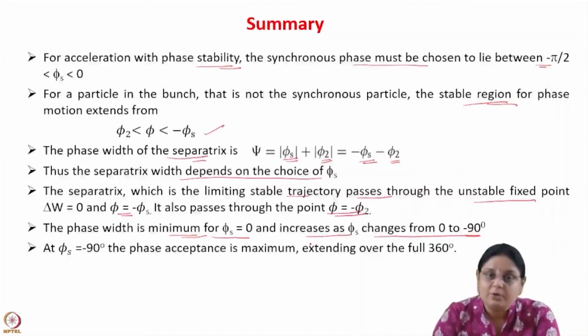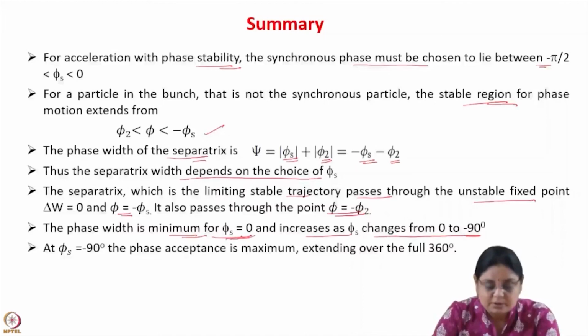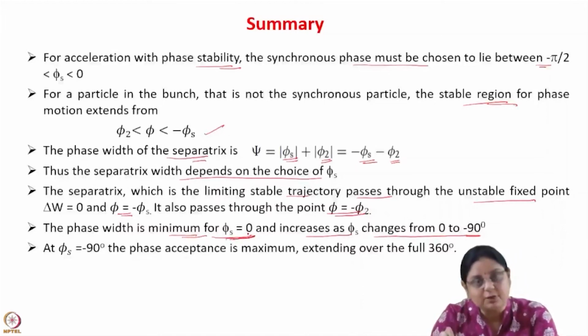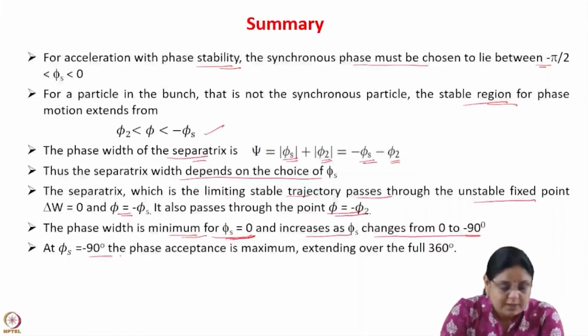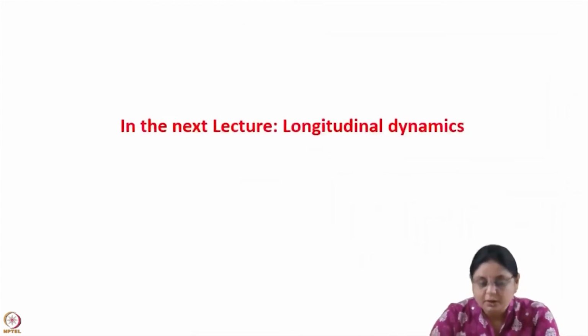Now normally for electrons, since we know that the velocity becomes constant, almost equal to the velocity of light because the electrons become relativistic, the synchronous phase is chosen to be 0, because the particles do not execute oscillations about the synchronous particle. At phi s equal to minus 90, the phase acceptance is maximum, extending over the full 360 degrees. So in the next lecture, we will study more about longitudinal